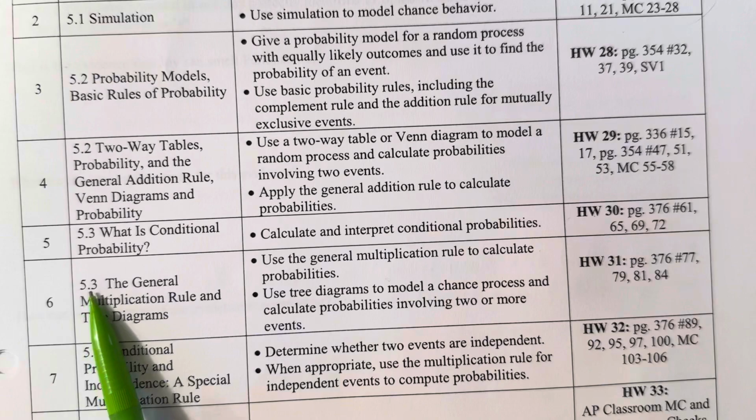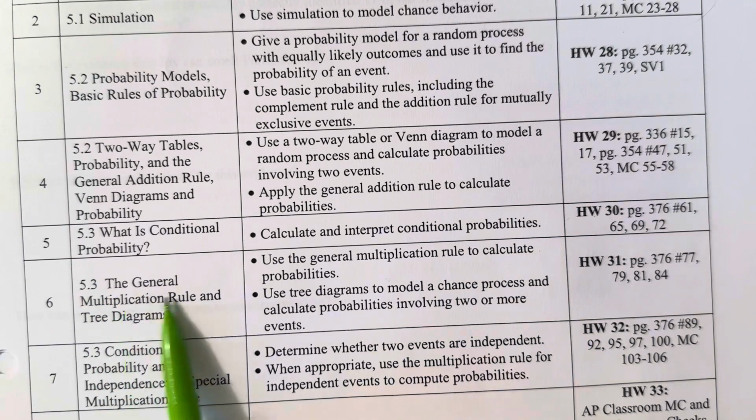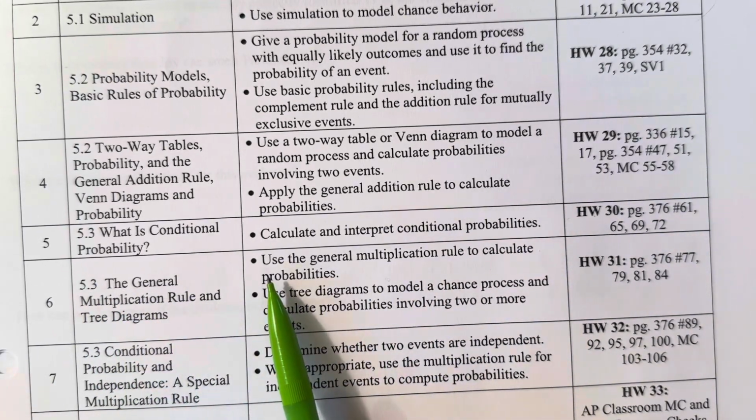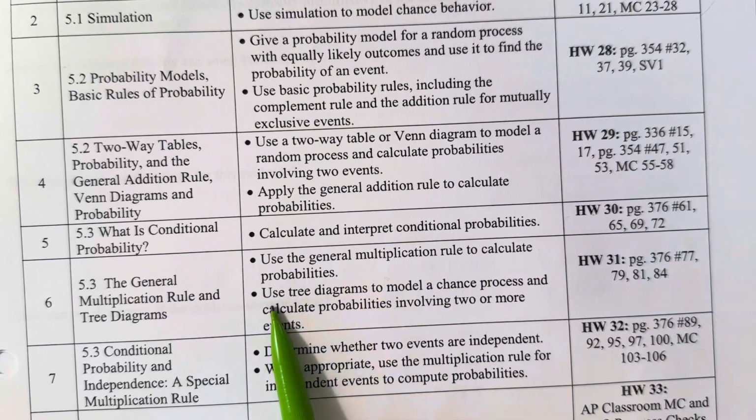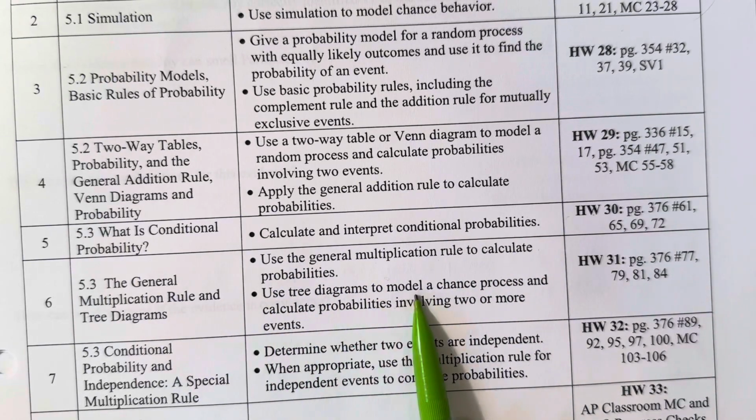We are on 5.3, day 2, the general multiplication rule and tree diagrams. By the end of this lesson, you'll be able to use the general multiplication rule to calculate probabilities. And you'll also be able to use tree diagrams to model a chance process and calculate probabilities involving 2 or